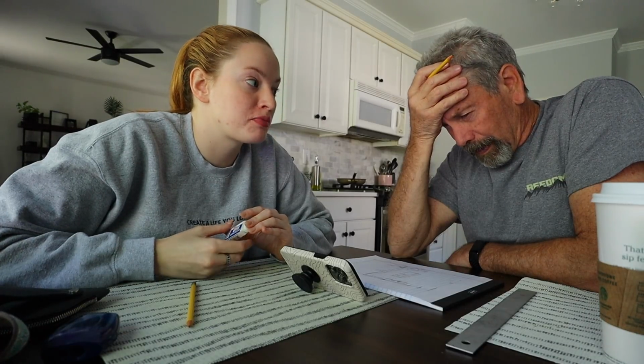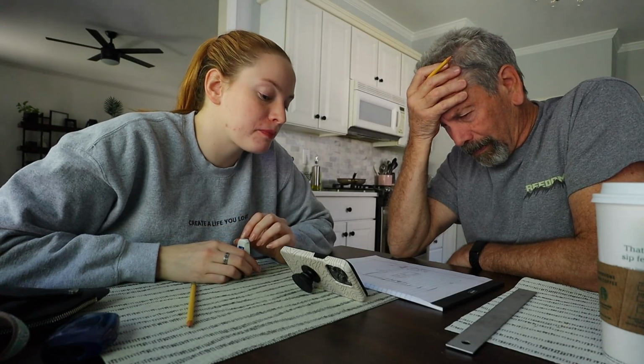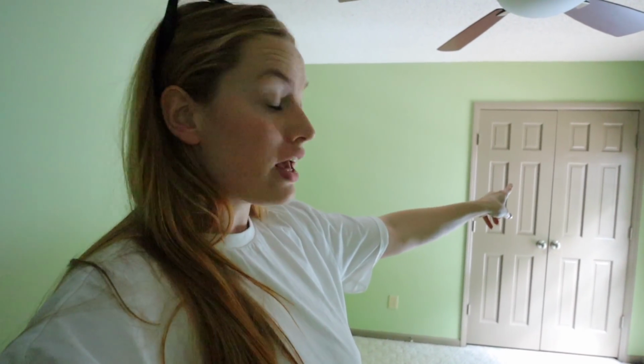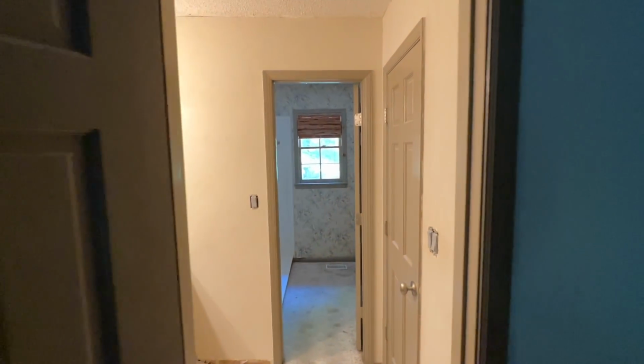This room, okay, this lovely green room was one of the rooms that I was actually going to completely get rid of. Let me throw a total wrench in this plan here. No, you're not going to. This wall here, actually this spot right here, is where the master closet is. And then behind this is where the master bath is. Now, you guys were in there. The master bathroom is